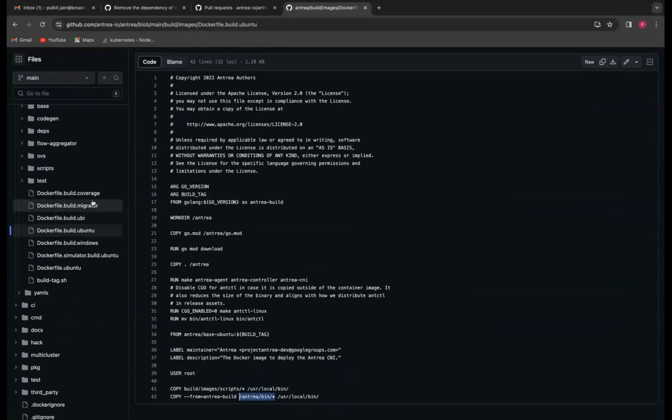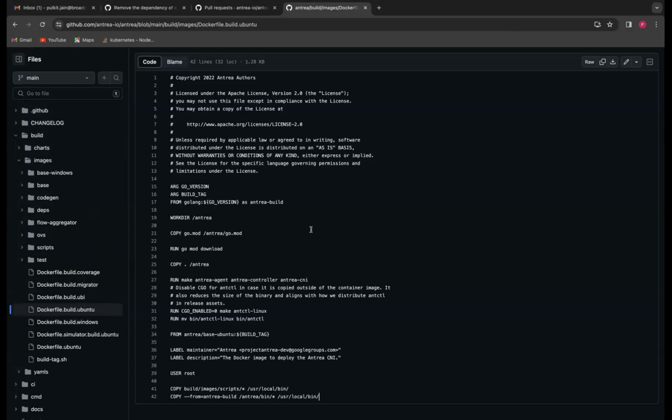But then we have the UBI binary. So all these binaries were entirely getting copied. Not only the Ubuntu specific ones, but all the binaries that were getting built here were getting copied. But they were not required in the case of the Ubuntu image for Antrea. So only those three binaries are needed. Like if I show you the bin folder locally,